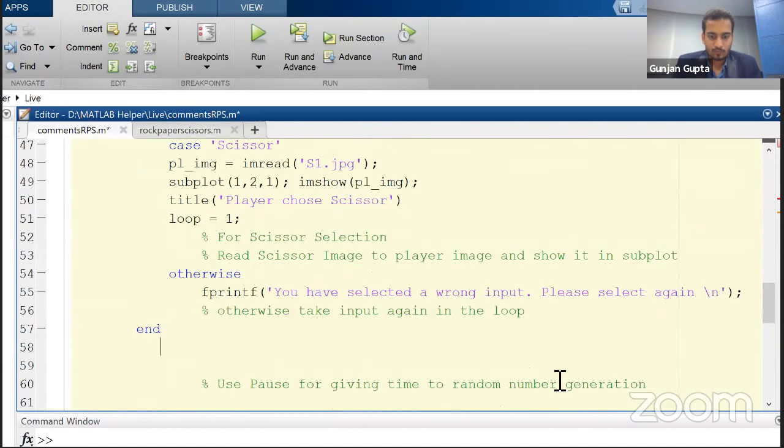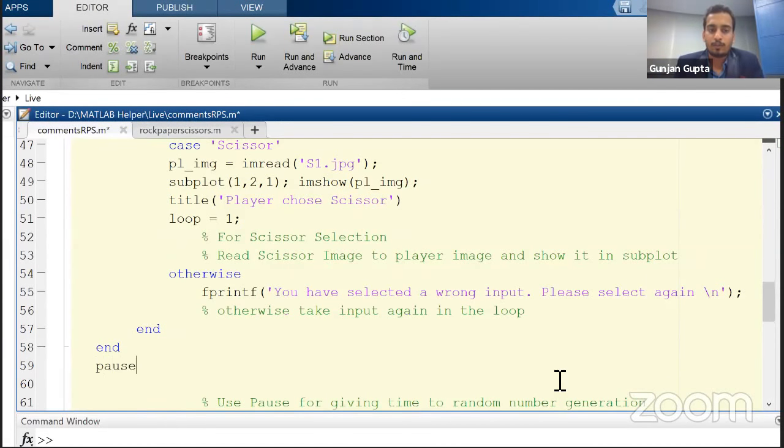So end with that. Now, when we are using a command for randomly generating a number, talking about MATLAB randomly generating a number, it actually takes us some time in order to generate a different random number. So usually we use the rng command to take the MATLAB property to its default position. But if you don't take it to that, it's better advisable to use a pause so that you can actually see what kind of figure was generated.